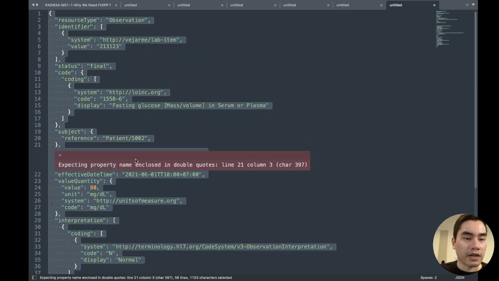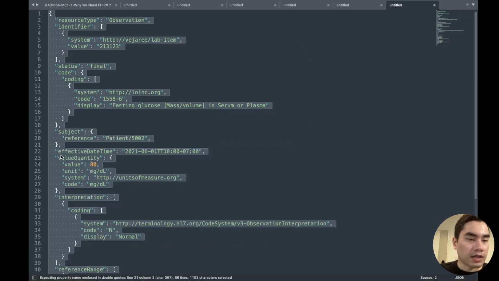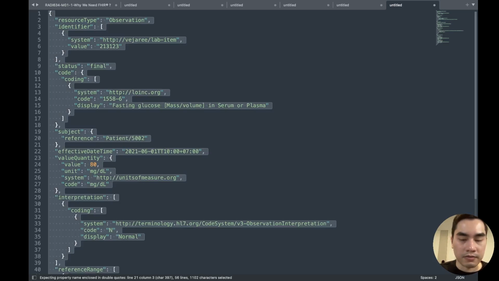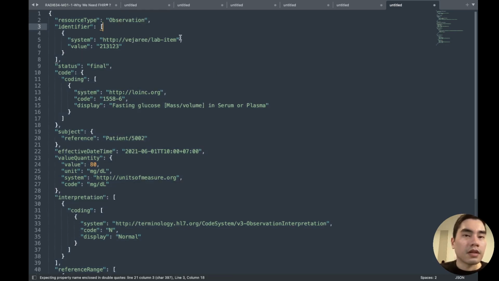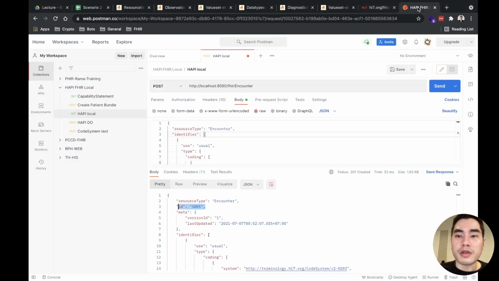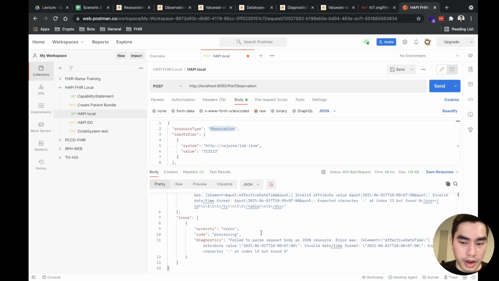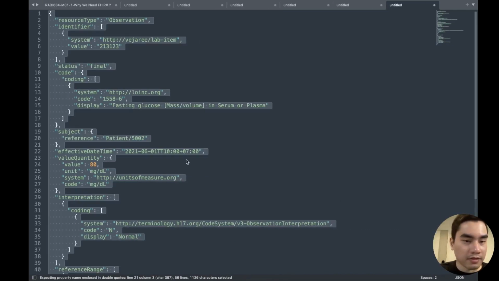Let's validate, and it shows us that I did something wrong, and that is here. Okay, everything correct. Okay, and then we put it in the FHIR server. Post here. Oh, error. Invalid date time format.